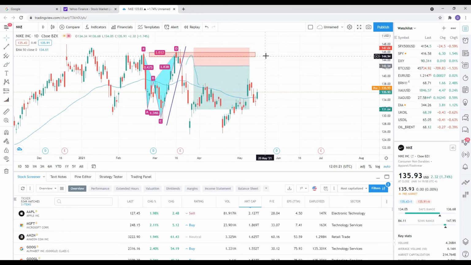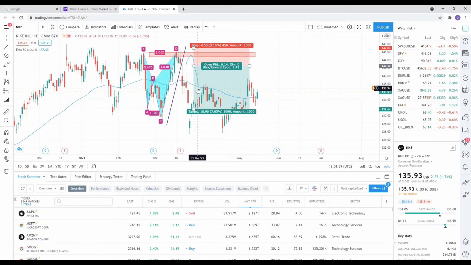However, this order would not have been filled. Why? Because I was waiting for the retest to actually implement the order. However, I didn't get the retest. When the price of the asset broke the trend line, it went all the way down. So this was a potential winning trade, but because the order wouldn't be filled, I would have missed the opportunity